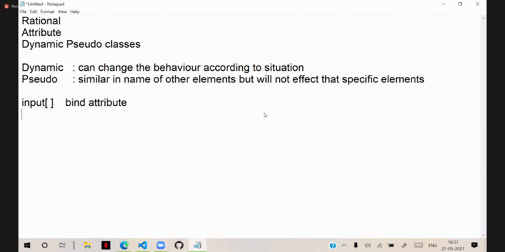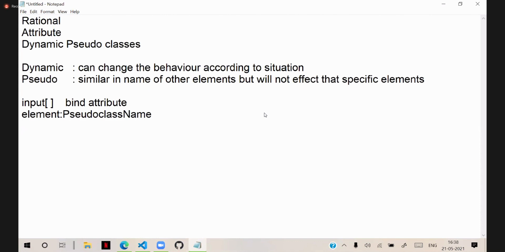Now, another point is to define any class, we have to define the element name, colon, and class name. This is the pseudo class name, not a CSS class name.